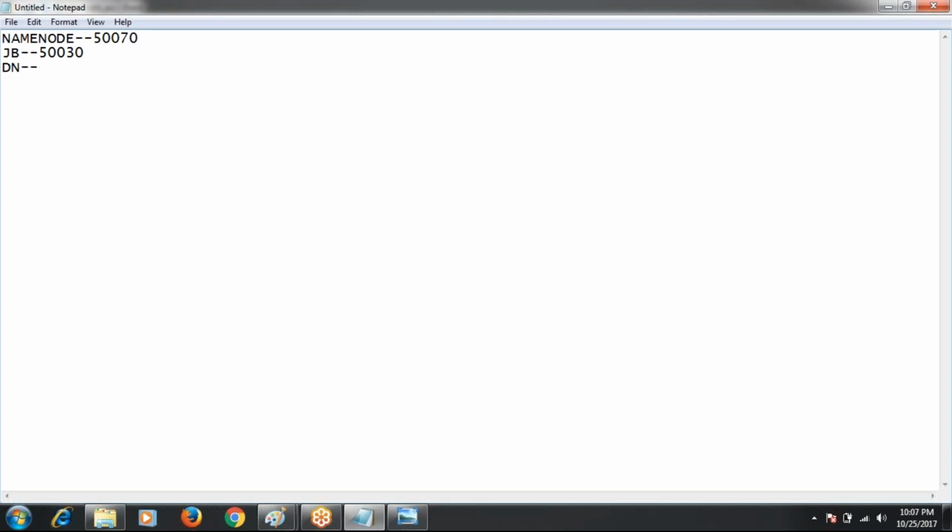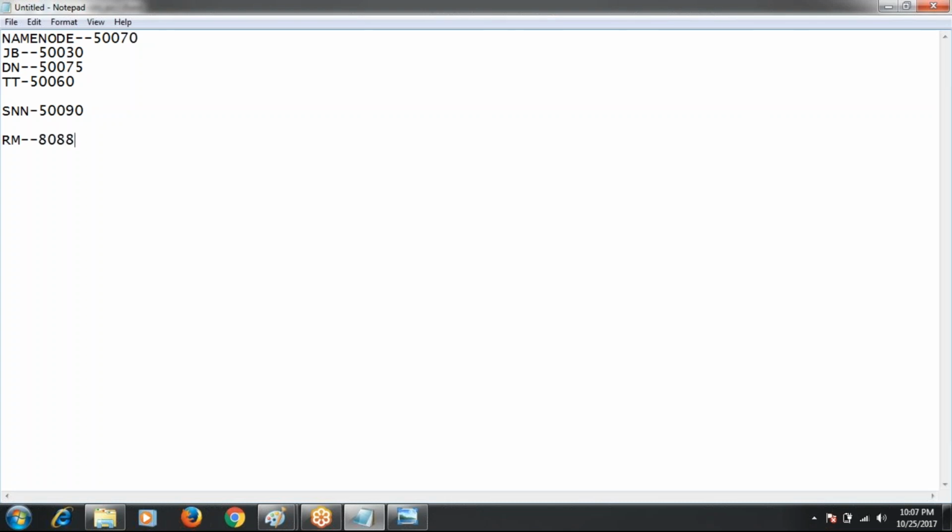Data node is 50075, and task tracker is 50060, and secondary name node is 50090. Resource manager also has its own port number. Resource manager port number is 8088.